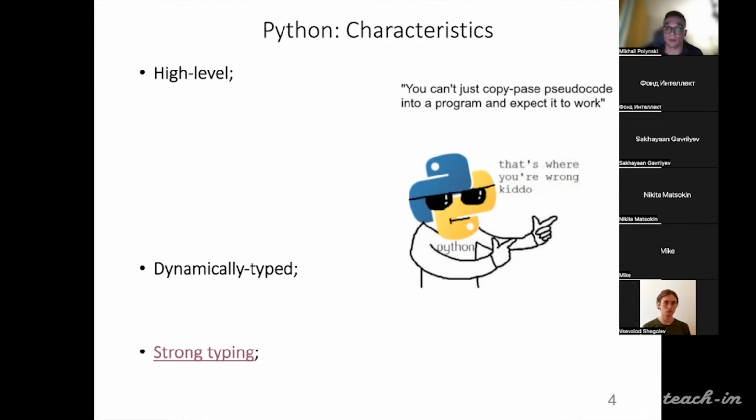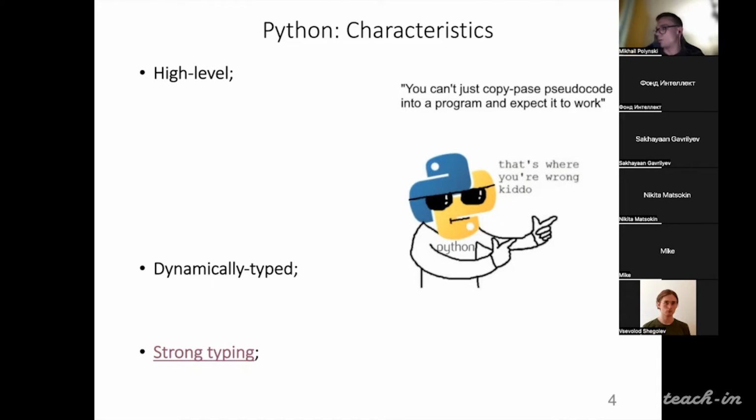It's a high-level language, and as you see, many Python scripts may resemble a pseudocode that is simple to interpret even by a beginner. So it's dynamically typed, and it represents strong typing.